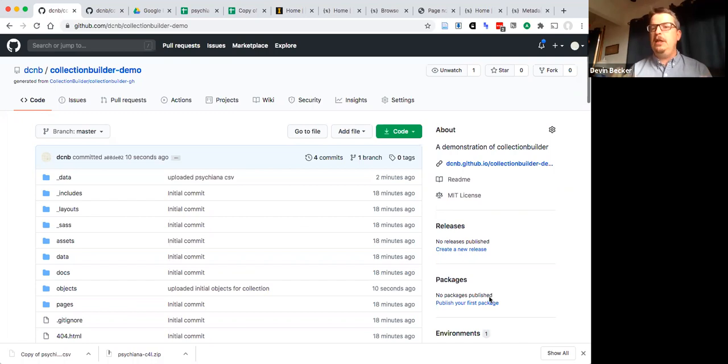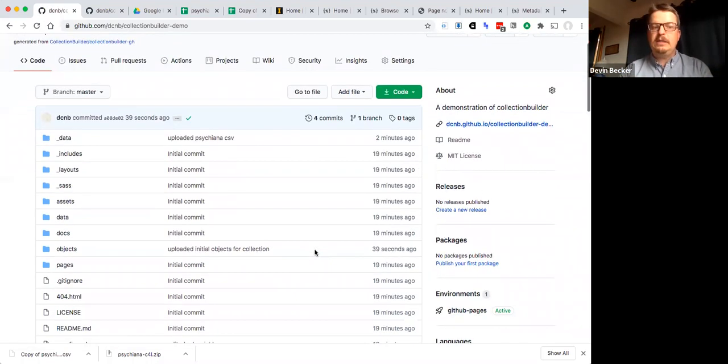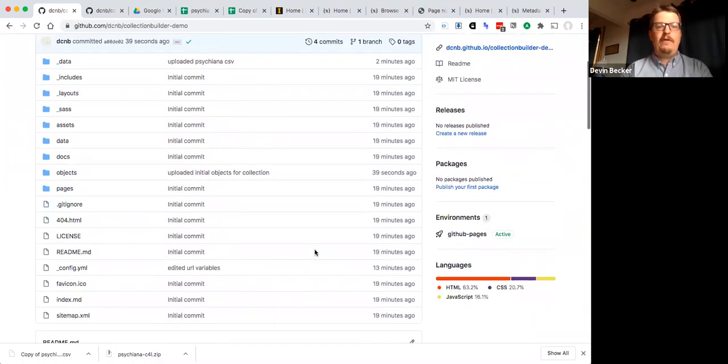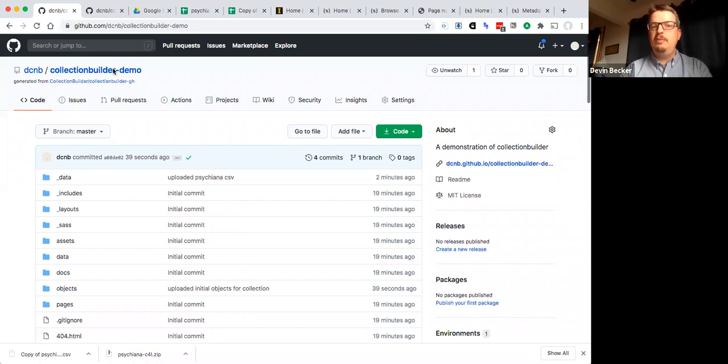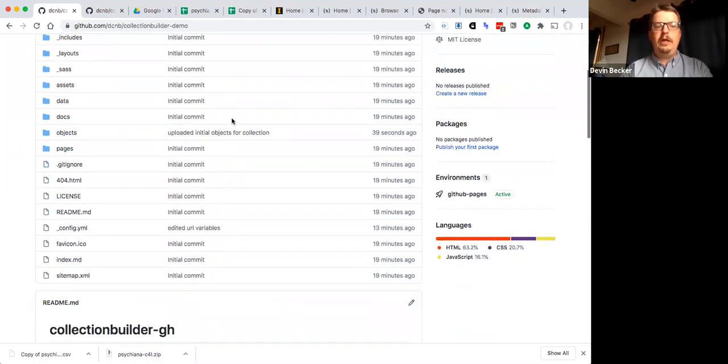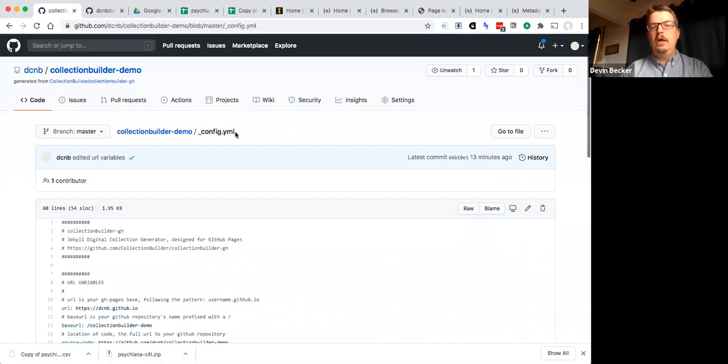But to get the initial Psychiana demo site going, we have one last step, and that's to configure the site using the config YAML file. So you go back to your Collection Builder demo repository, and we're going to open up the config.yaml file here,